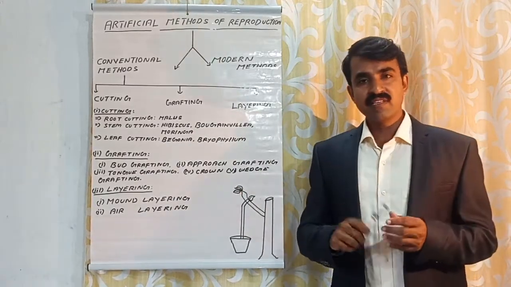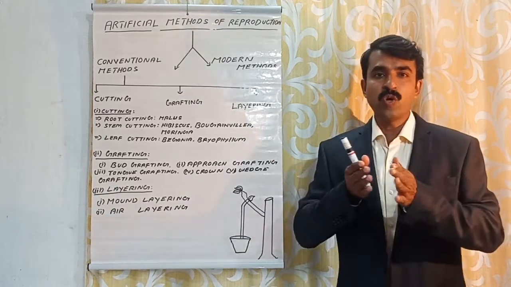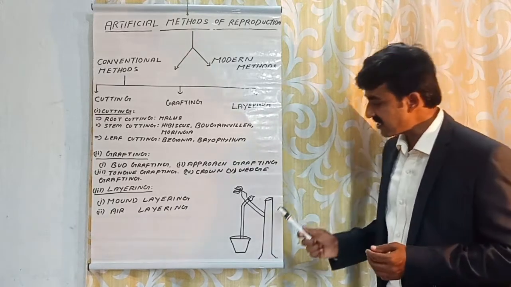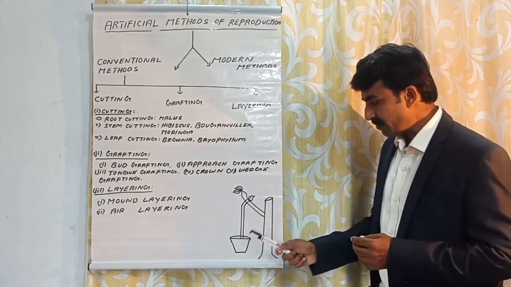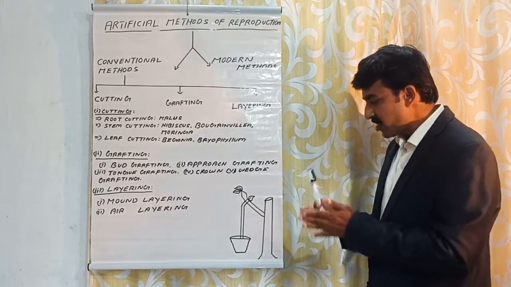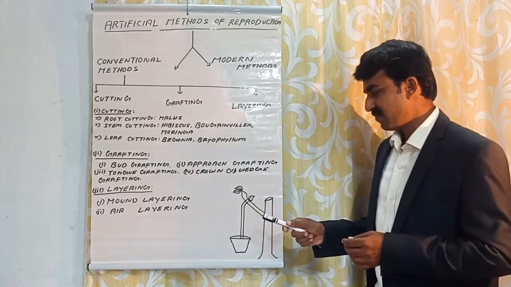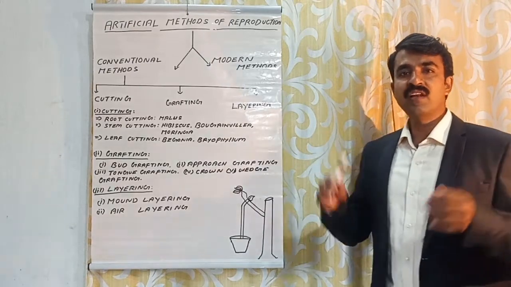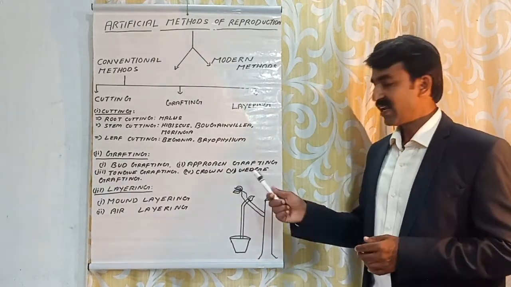Okay, let us move on to the second one, approach grafting. Approach grafting means, see the name, approaching, getting closer, getting nearer. It can be better explained with this diagram. Look at the diagram. A plant from the pot is joined, approached with another plant. It is joined here. Scion is here. From there, a new plant will grow. That is called approach grafting.